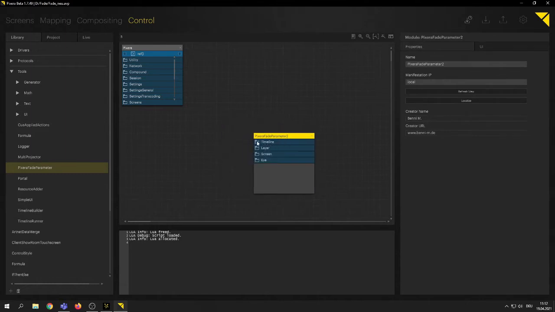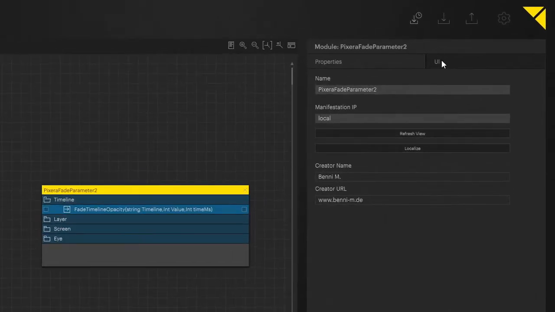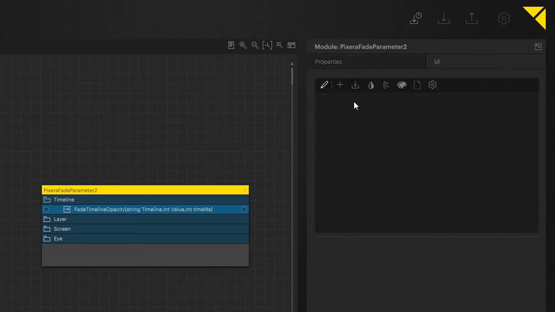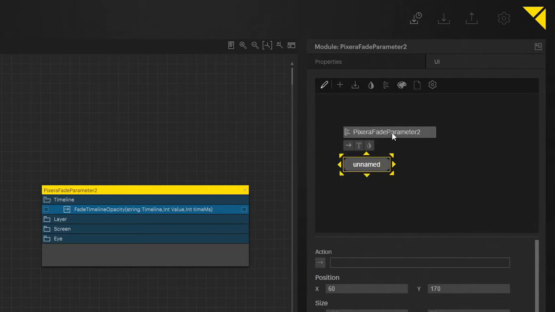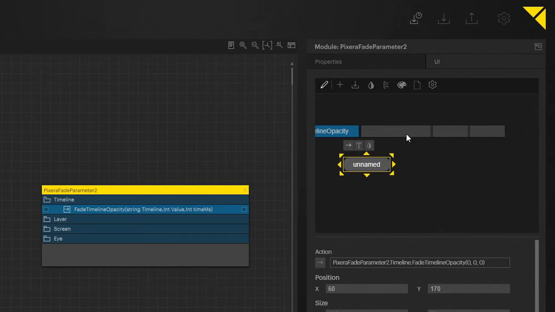So come in here and we pop in the timeline. That's what we want to do, and we're expecting a string timeline, a value, the final value it's going to, and the time in milliseconds which it should take until this status has been reached. Okay, so let's start by doing a button, and that's going to trigger our timeline. And yes, we want to have the opacity, and let's pop in the values, and that should trigger timeline